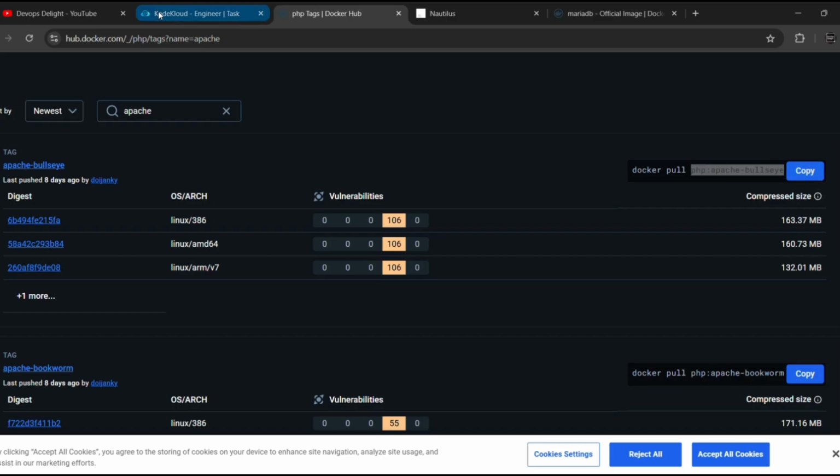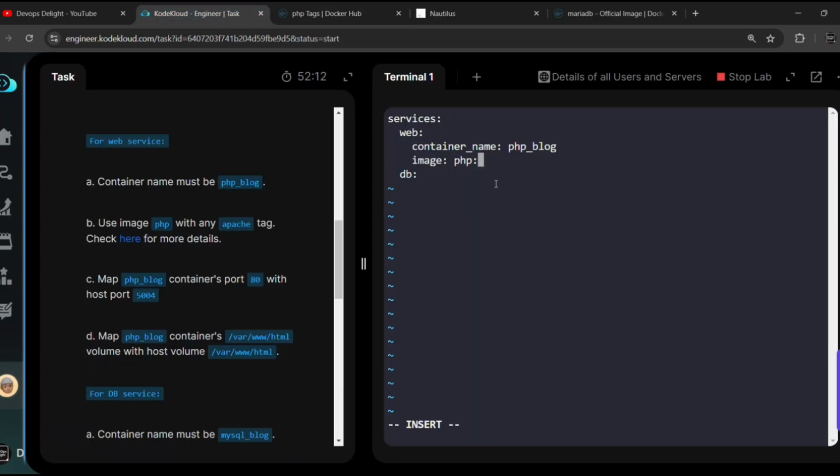Copy this one and go back here. Let me paste it. Since they did not mention it specifically, we can use whatever with the Apache tag. And then what else? They have given the ports. So let me type ports. And then here, first we need to give the host port